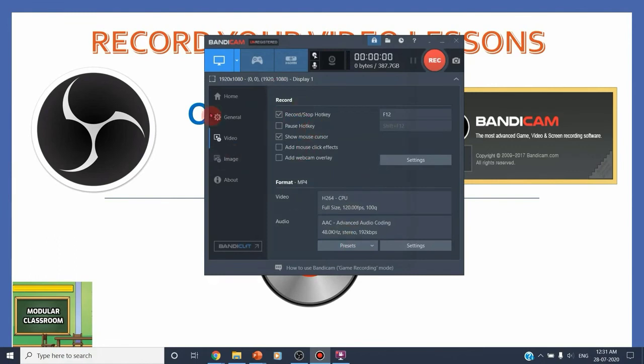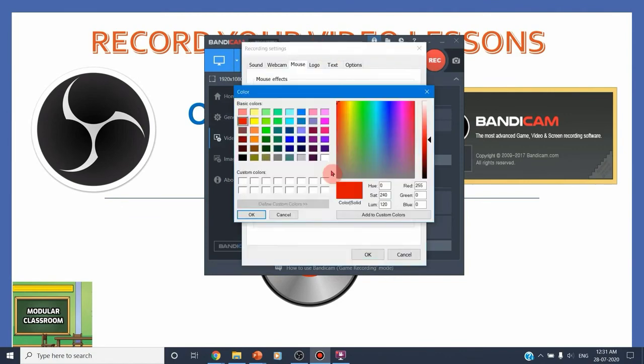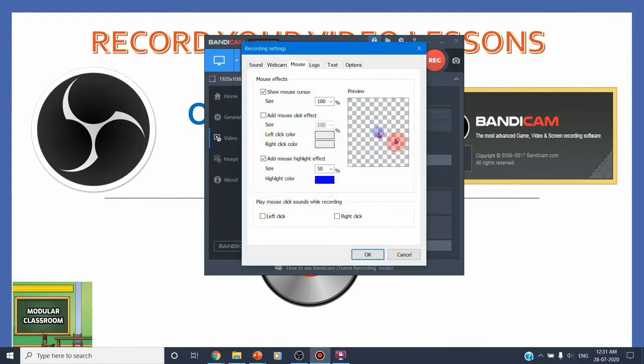And next you can go for some mouse pointer options. In the mouse pointer, this is a place where you can add the mouse cursor effects. You can increase the mouse size, and choose the highlight color. What is the color you want? You can include blue or red and whatever colors we wish. And what is the level of opacity, and what is the size. You can add the mouse effect. You can go for some size 90 or 100 or whatever size. And if you want some mouse click sounds of right click, left click, all these effects we can include.